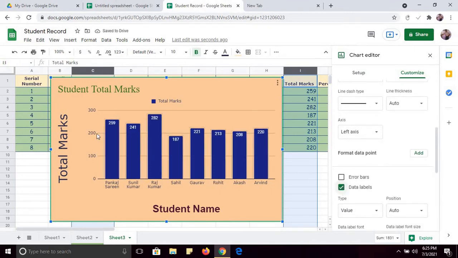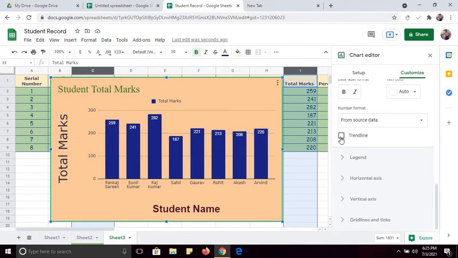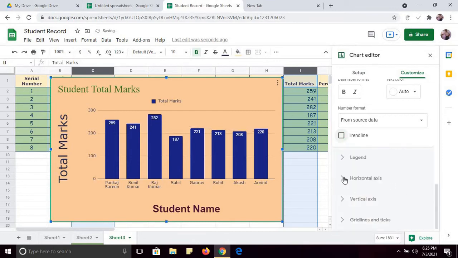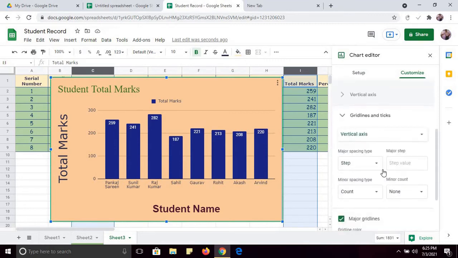So it will show you the data labels that Pankaj Srin has 259 marks and Sunil Kumar has 241 marks, and so on. It's very easy. And even you can choose this trend line, or you can change the color. You can change the settings of the horizontal axis. You can change the settings of the grid lines, and so on. You must try these options.